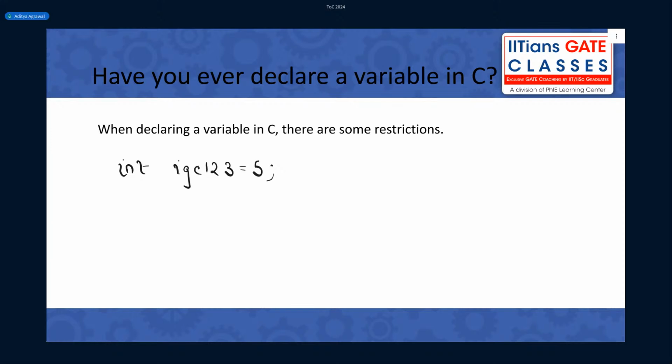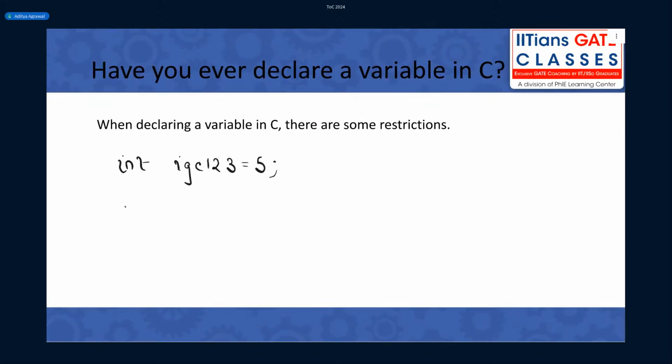For example, let's say you are declaring a variable like this. Is this a valid variable name? Anyone who knows? No, because this variable name starts with a digit, and you are not allowed to use a digit as the first letter in a variable name.